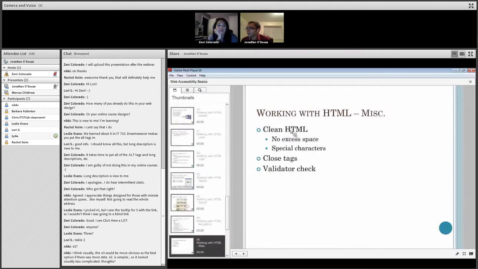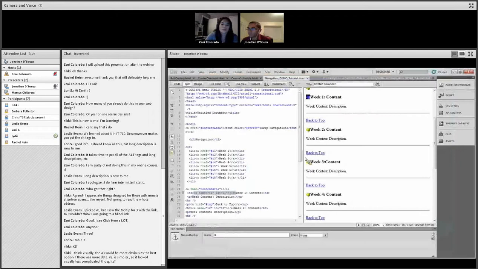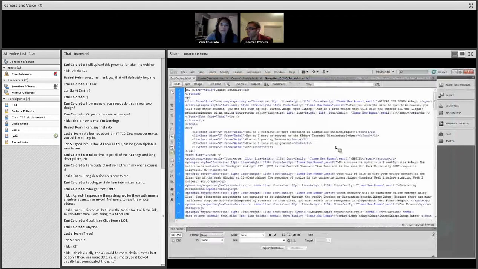And clean HTML, you want your HTML to be clean behind the scenes, no excess spaces, no special characters. I think you guys have seen this when you're designing pages and you preview it, you have that A, E something, or A with a circle on top. Let me give you a good example. So I call this bad coding. So as you can see